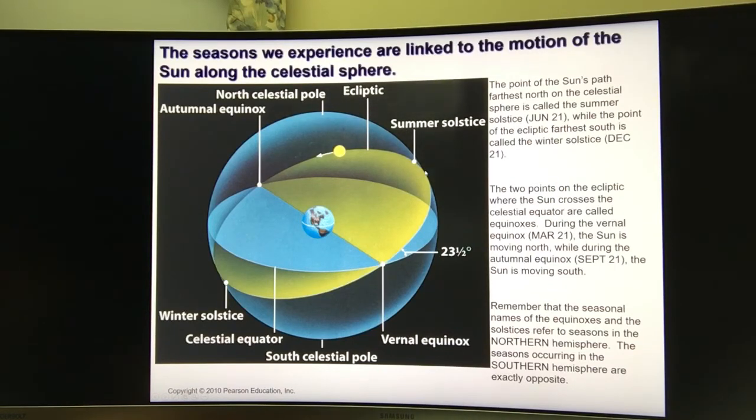The first point is called summer solstice. That is the point on Earth's orbit where our planet's North Pole is oriented closest to the sun, around June 21st. And when you look at this picture, you can see the sun is moving to the highest point. When it reaches the highest point in the celestial sphere, we call this summer solstice. When summer solstice happens, it's going to be the longest day of the year. That means we experience the longest